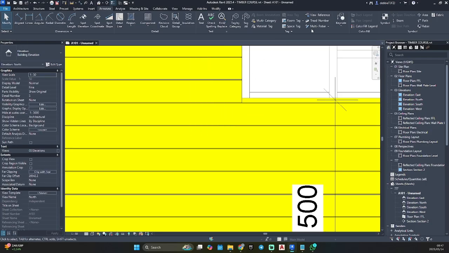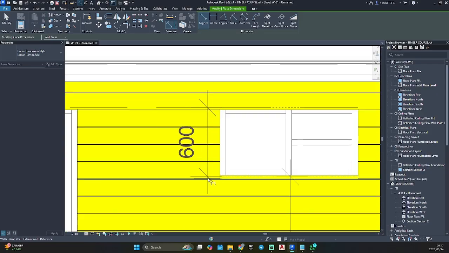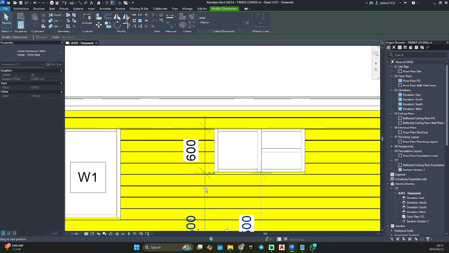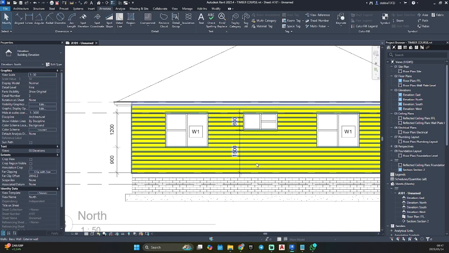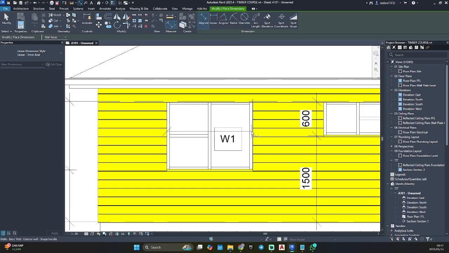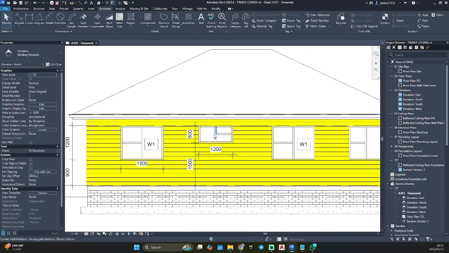Okay, that doesn't want to work with me. Going to add these ones in here as well. Okay, so that's going to be window 2.